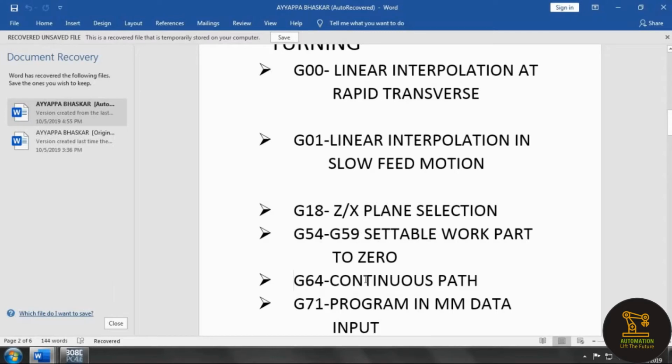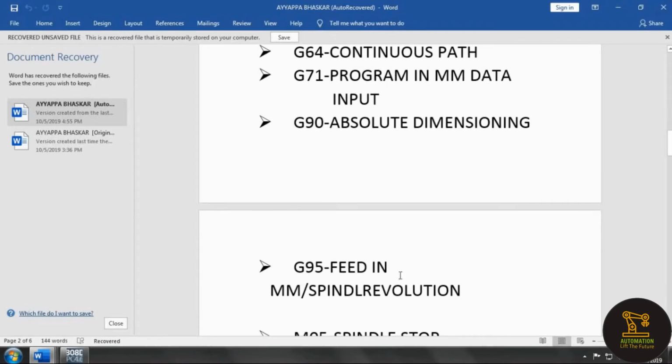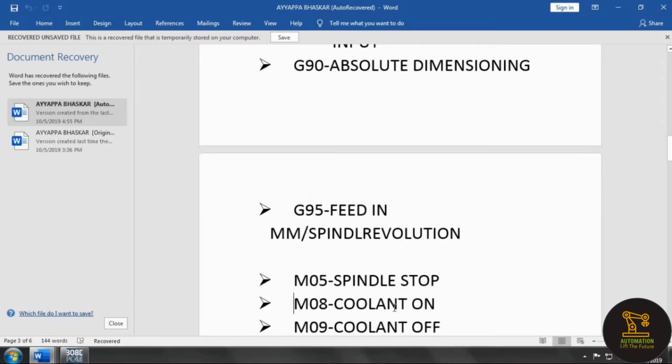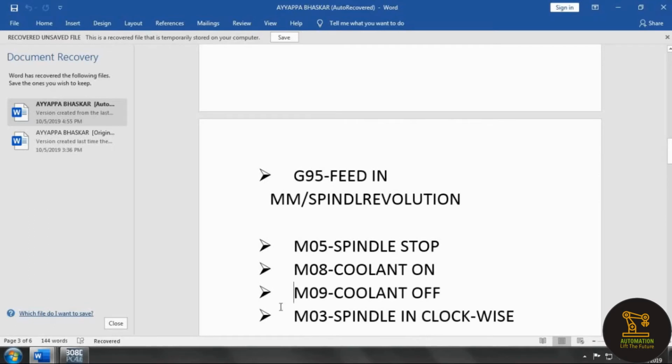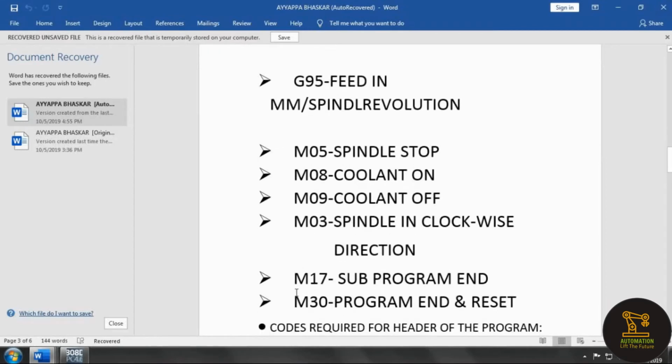And the next, G64 is continuous path, G71 is program in mm data input, G90 is absolute dimension, G95 is feed in mm per spindle revolution, and next M05 is spindle stop, M08 is coolant on, M09 is coolant off, M03 is spindle in clockwise direction, M17 is subprogram end, and M30 is program end, that means main program end.